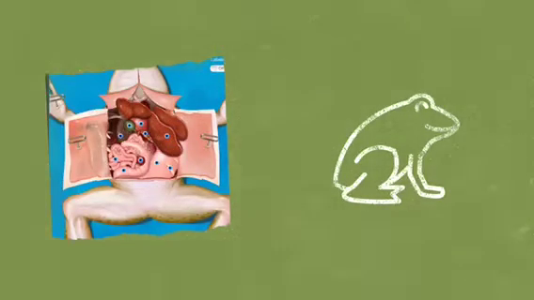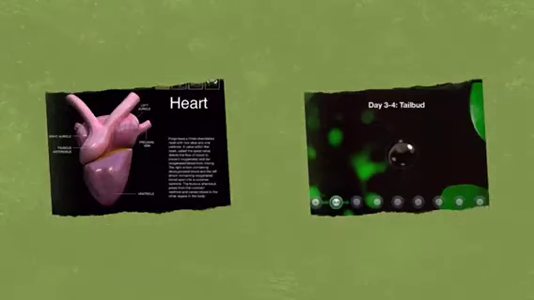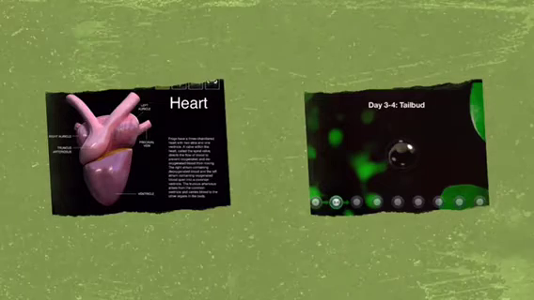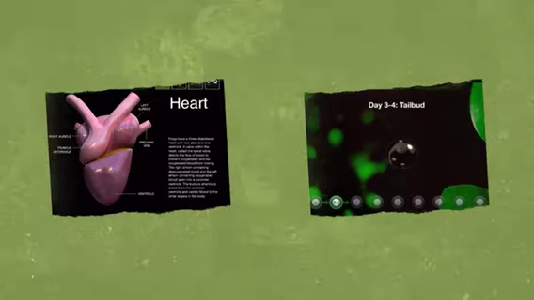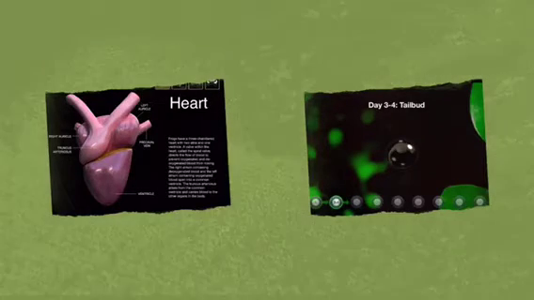And it'll actually go into detail about each of the parts, specifically what they do for the frog. It also has a lot of research on the frog and things about its body. Like I said, the app focuses on different parts of the frog. Here is a screenshot of where it talks about the heart, and it also goes into detail about the stomach and its gills.